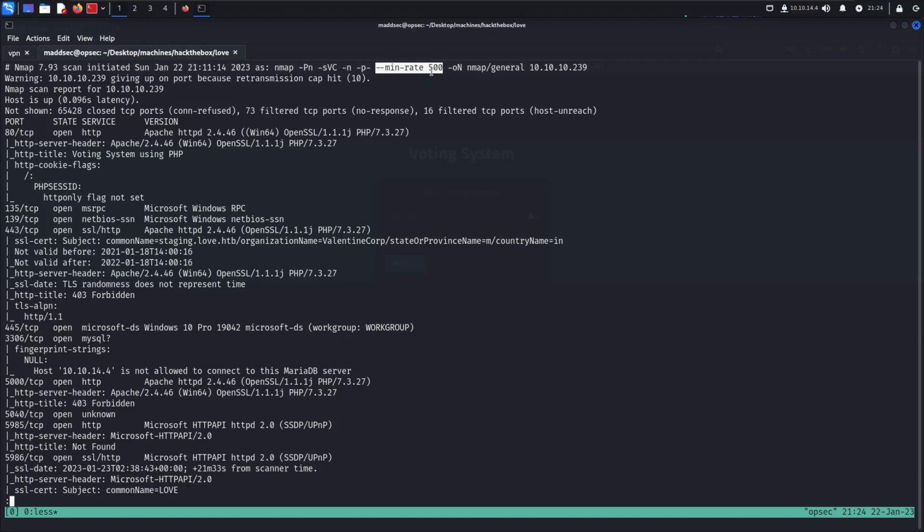Now there are some people that use 5,000 packets, but in my experience that doesn't work. It just loses a lot of information in packets and it's not worth it. And finally the -oN to save the output to a file called general inside a directory named nmap and IP. So onto the result, we have here an HTTP port hosting Apache